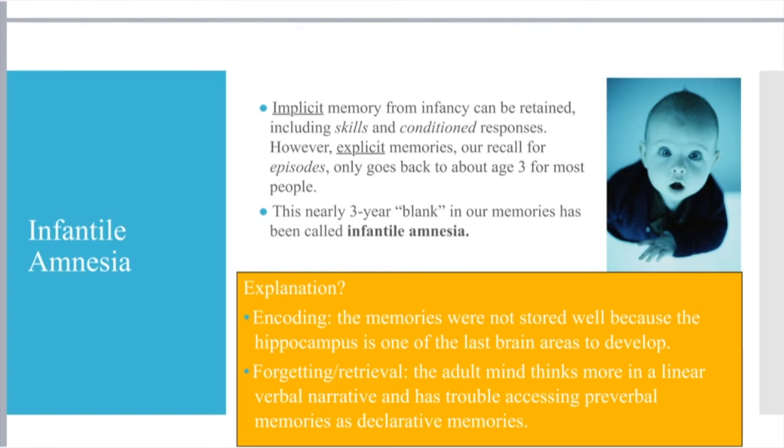So there's a couple of ways that we can remember this, but I think infantile amnesia is a really good way to remember the difference between implicit and explicit. Implicit, babies remember how to do things based on experience. Those are the automatic processing learning mechanisms, right? Whereas explicit memories, they're not remembering the very specific, intentionally learned stuff.